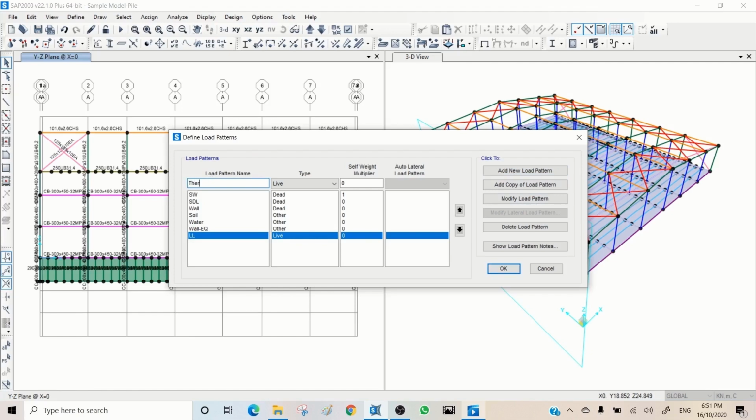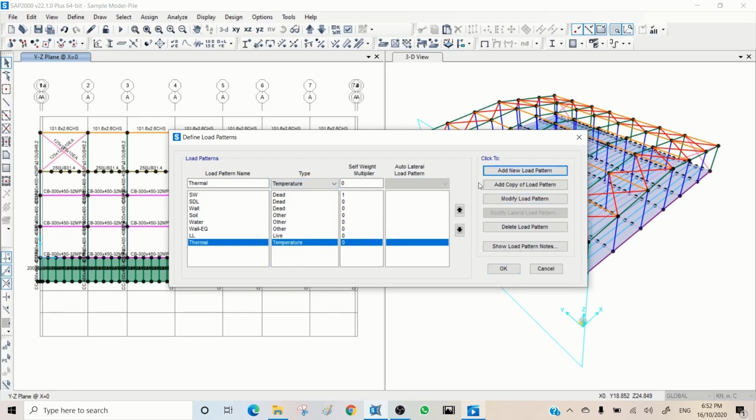So I would put thermal load. If I come to more, I can see if there is any category. Yeah, it's temperature, so I can choose temperature, add new,